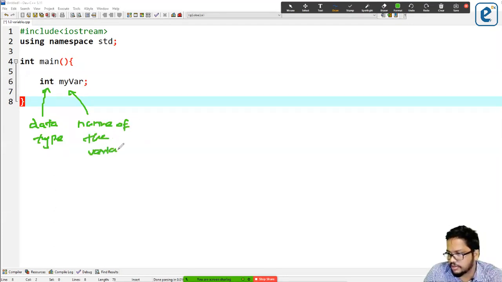So two things: data type and the name of the variable. When you create a variable, you always have to provide the data type and the name of the variable.